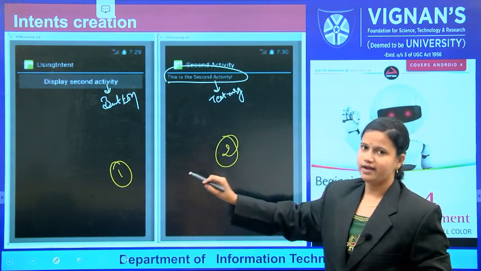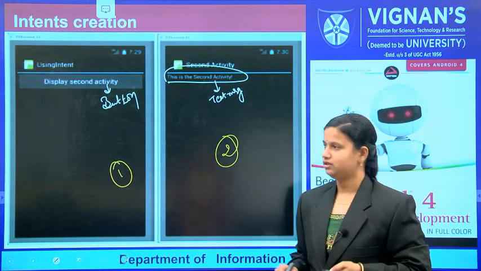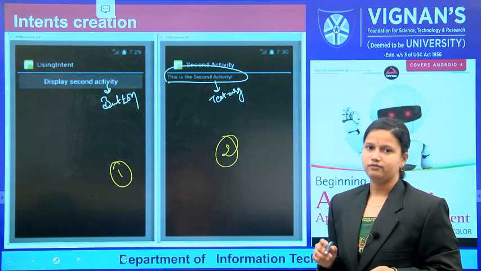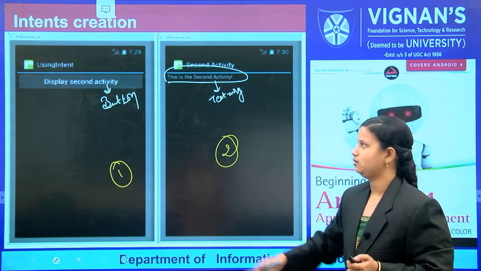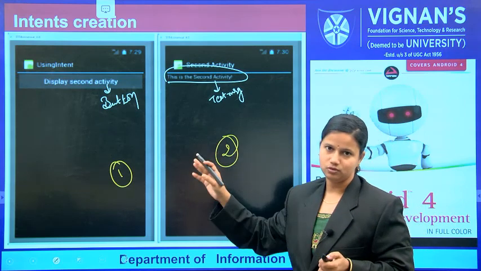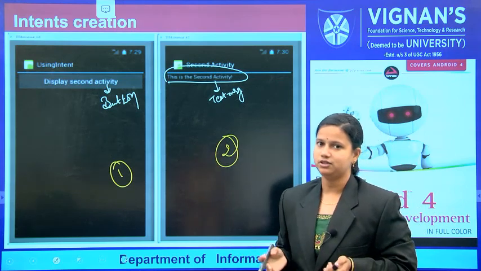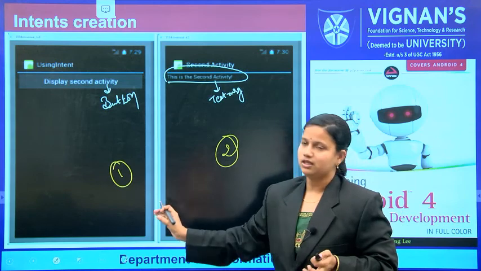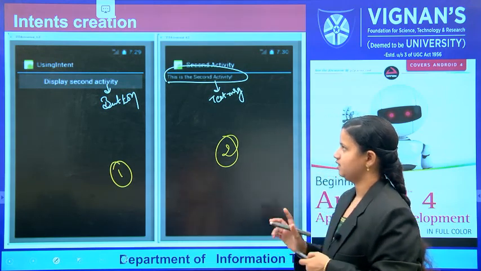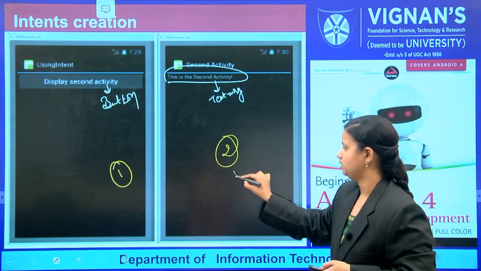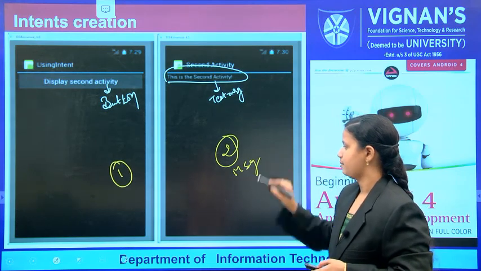Activity 1 has only one button, for displaying the second activity. So the button name is displaying of second activity. The user interface design has only one button, and the other has only one message.